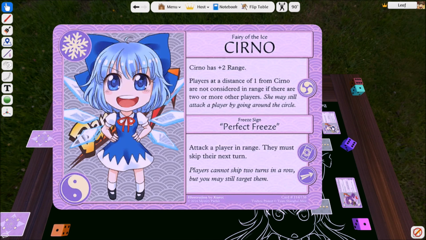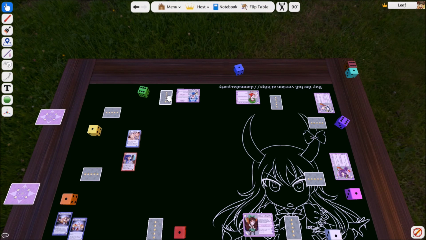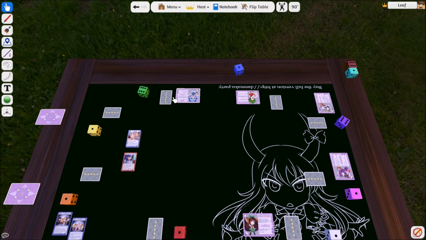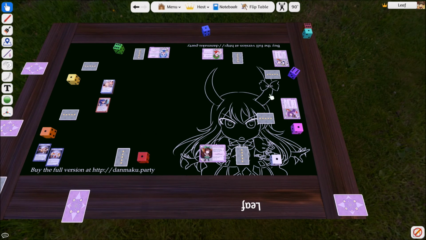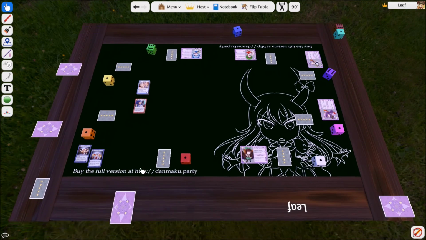Alright, Cirno. Cirno has +2 range. We'll go into range in a bit. Players at a distance of 1 from Cirno are not considered in range if there are 2 or more players. She may still attack a player by going around in a circle. So this means that characters that are right next to her, such as Yuka and whoever Yellow is, Cirno cannot directly attack them unless she gets a lot of extra range. Usually, for most characters, they start with a range of 1, which means usually the people they can only interact with are their neighbors. In the case of Cirno, she has to actually interact with,